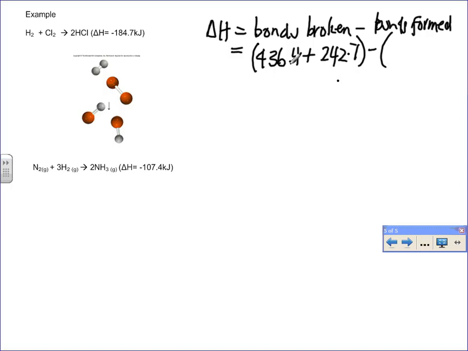The H2 bond is 436.4. The chlorine-chlorine bond is 242.7. Then I've got 2 times the HCl bond, which is 431.9. When you sum up the bonds broken and subtract the bonds formed, you're left with negative 184.7